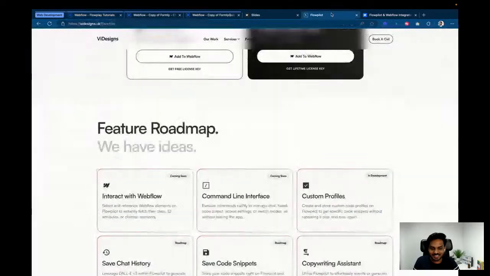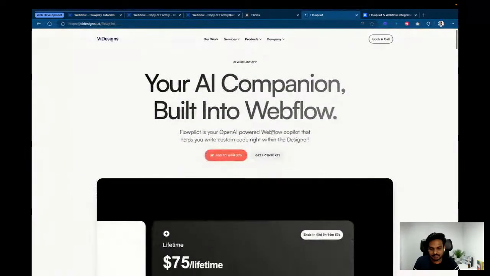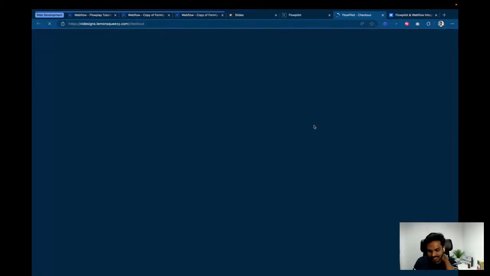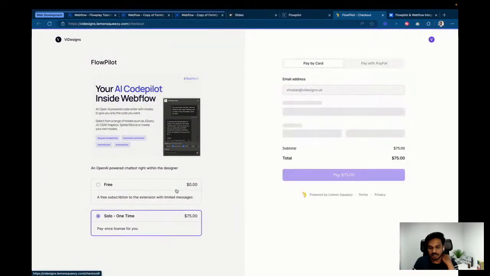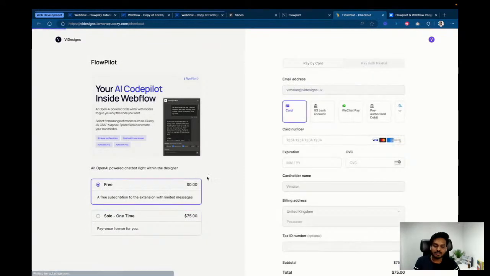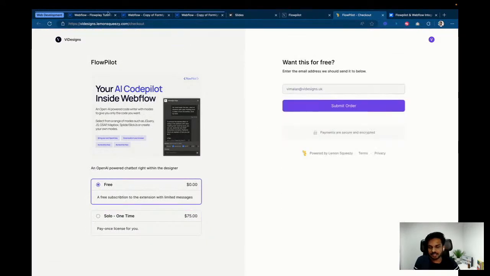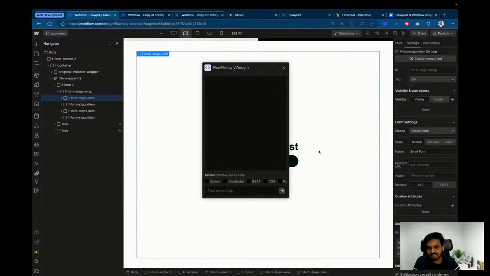For the license key, you could just head over to the website, click on Get License Key. There's a free version and there's a paid version as well. Once you put in your email, it emails you with a license key that you can add. And then for the API key,